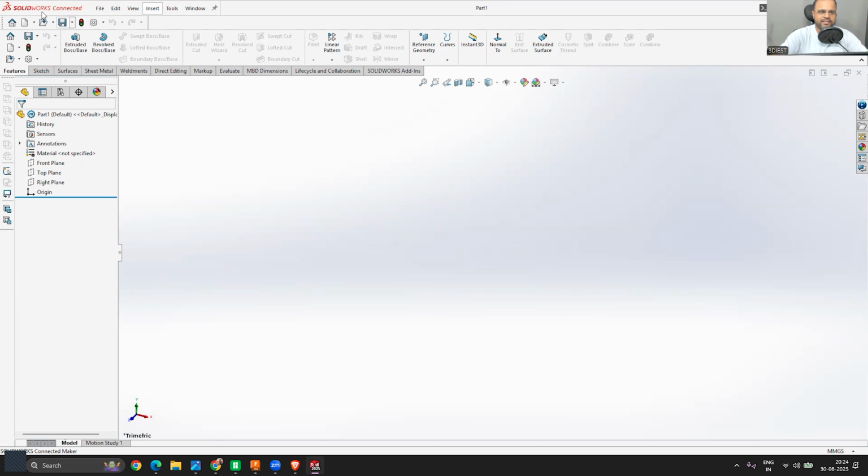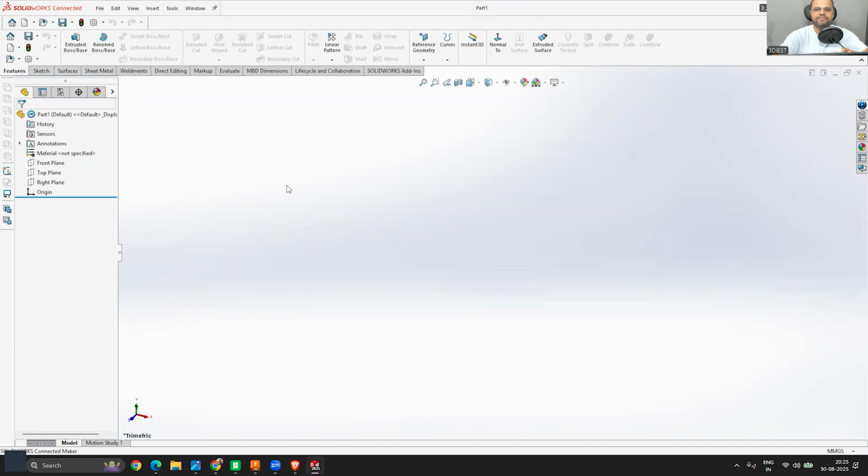Right now you can see when we launched the part file, I clicked on the part and it automatically started a new part file for us. On the top, can you see this part 1 name? By default, SolidWorks has already given it a default name, that is part 1, because this is our first part file. I will change this name. Let's say I am designing something, I want to give it some other useful name that I can always remember. So I will click on this save icon.